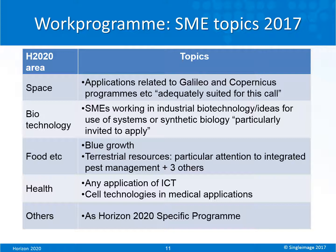The space programme mentions that applications related to the Galileo and Copernicus programmes and also the development of certain critical technologies could be adequately suited to this call for proposals. The biotechnology programme emphasises that SMEs working in industrial biotechnology with ideas for use of systems or synthetic biology are particularly invited to apply. The food programme is open to any proposal addressing blue growth, which covers marine biotechnology, fisheries and aquaculture. In contrast, proposals addressing terrestrial resources must pay particular attention to integrated pest management or to one of three other